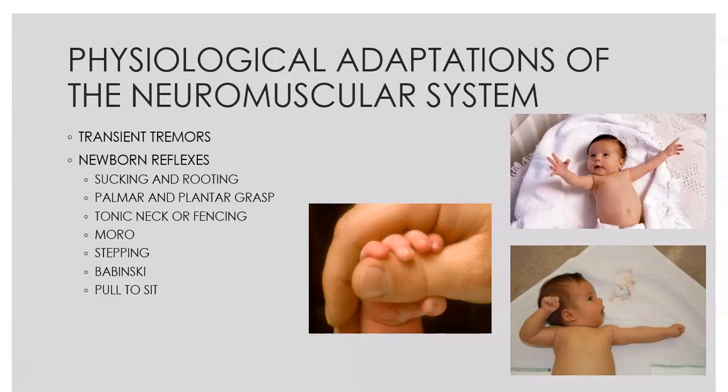Stepping, Babinski, where you stroke the bottom of the foot. These are all important newborn reflexes that can be indicators of neurological functioning as well as muscular functioning. For instance, with the startle, if you only see it on one side, it might not be neuro. There might be a muscular problem. It could be that clavicle fracture. It could be a brachial plexus injury or something like that that's causing it. But on pages 546 to 549, it shows you pictures of the reflexes with descriptions. So it's really important that you know that.